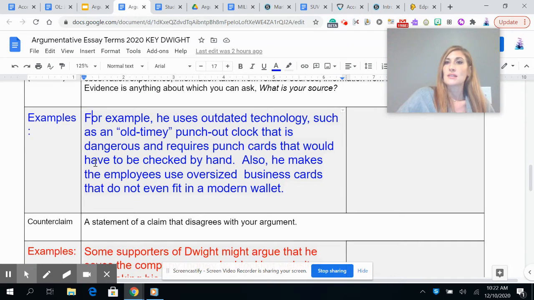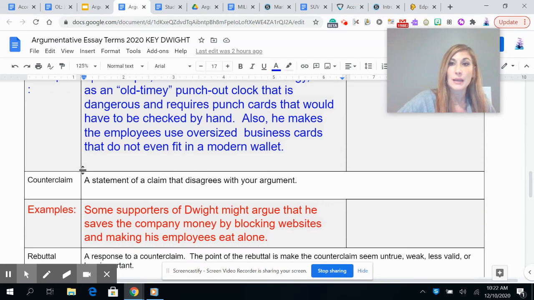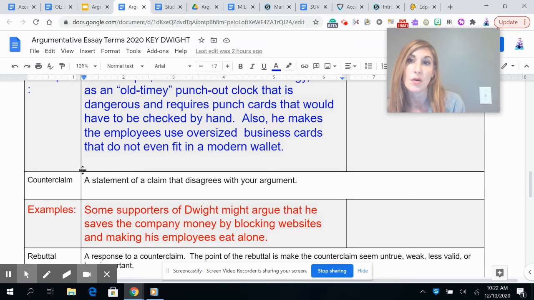So, writing an argumentative essay, I'm going to have a number of claims. And so those will be my body paragraphs. And again, all of them will have support, evidence within them. I'm also going to have to make sure at some point that I have a paragraph that has a counterclaim, and then I need to offer a rebuttal. So a counterclaim is going to be a statement of a claim that disagrees with my argument. So this might be a statement of why Michael is worse, or it might just be an explanation of something that makes Dwight seem like a good manager, right? Because I'm trying to prove he's a terrible manager, worse than Michael.